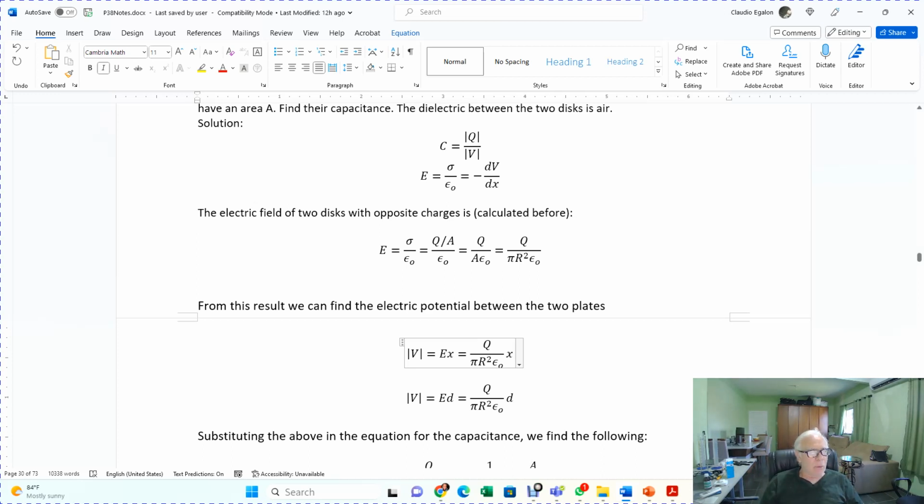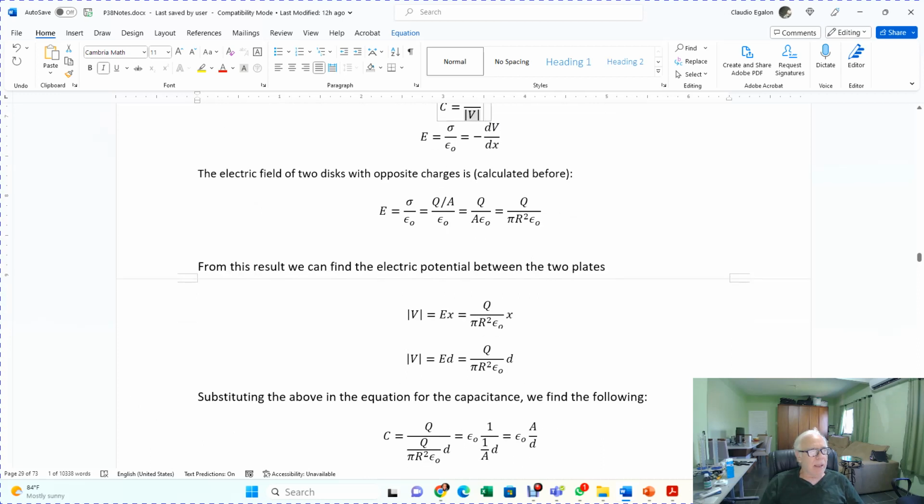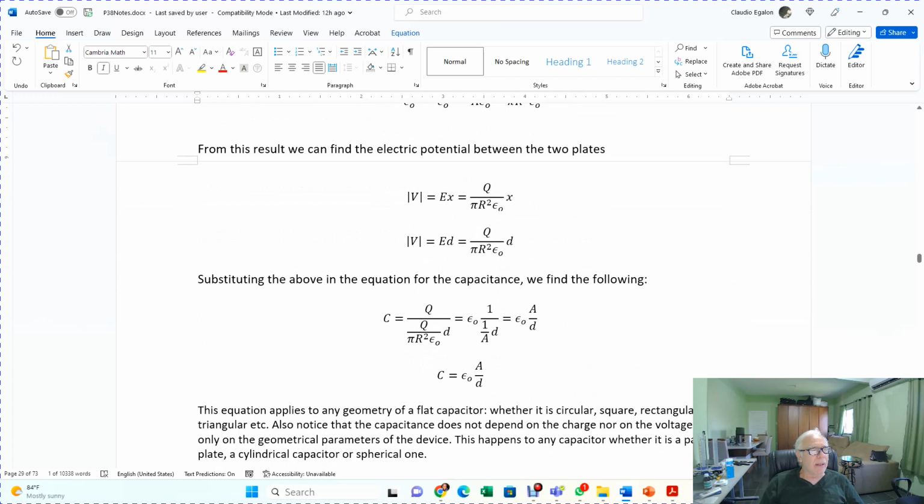So what do we do? We replace the X by the letter d, the distance between the plates. And now that we have the V, we can substitute right in there. And then what's going to happen? The Q that you have upstairs is going to cancel out with the Q that you have downstairs. And we are going to get a capacitance for the parallel plate equal to this equation here, epsilon naught A